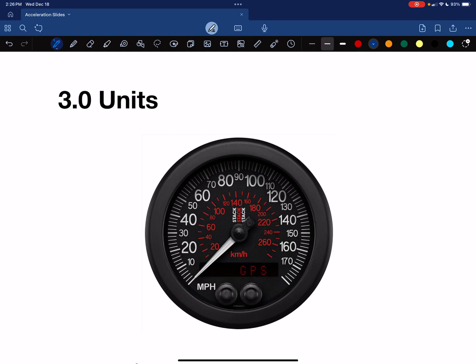Let's talk about units for acceleration. The units of acceleration are the first times in the course that students usually find the units to be confusing. So how we want to talk about this today is to look at this speedometer, which you might see in